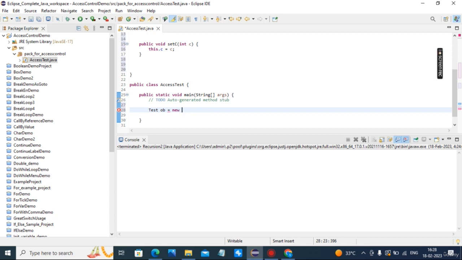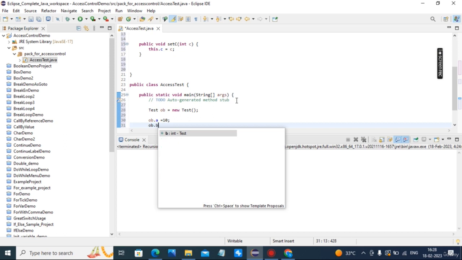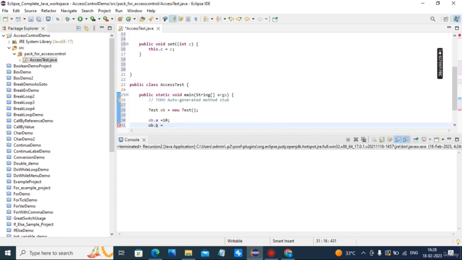Now I create an object of class test. New test. ob dot a is equal to 10, ob dot b is equal to 20.